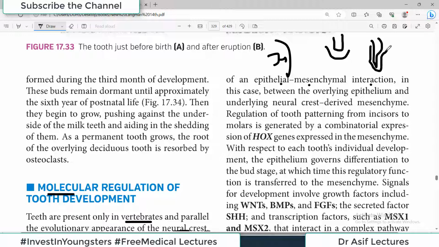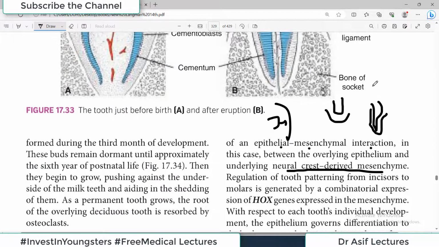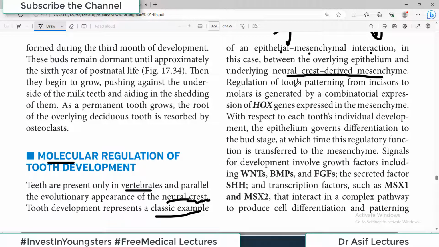So in the tooth we see there is an epithelial component and then there is a mesenchymal component. ठीक है. In this case between the overlying epithelium and the underlying neural crest derived mesenchyme. So एक तरफ से there will be epithelium और दूसरी तरफ से यहाँ जो mesenchyme है that is derived from the neural crest. Regulation of tooth patterning from incisors to molars is generated by a combinatorial expression of Hox genes